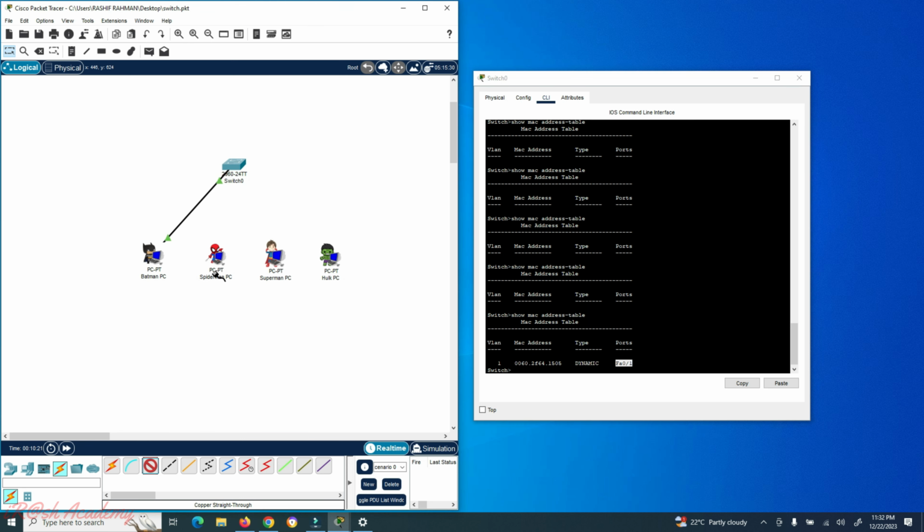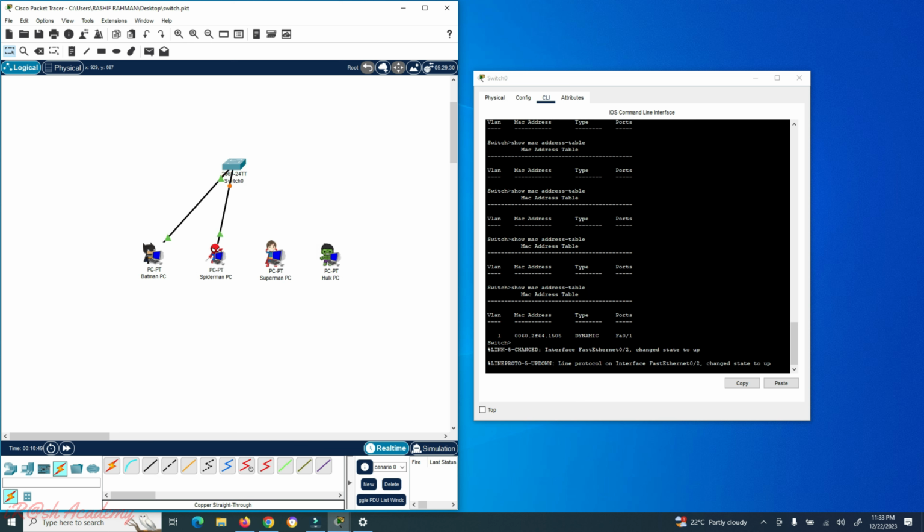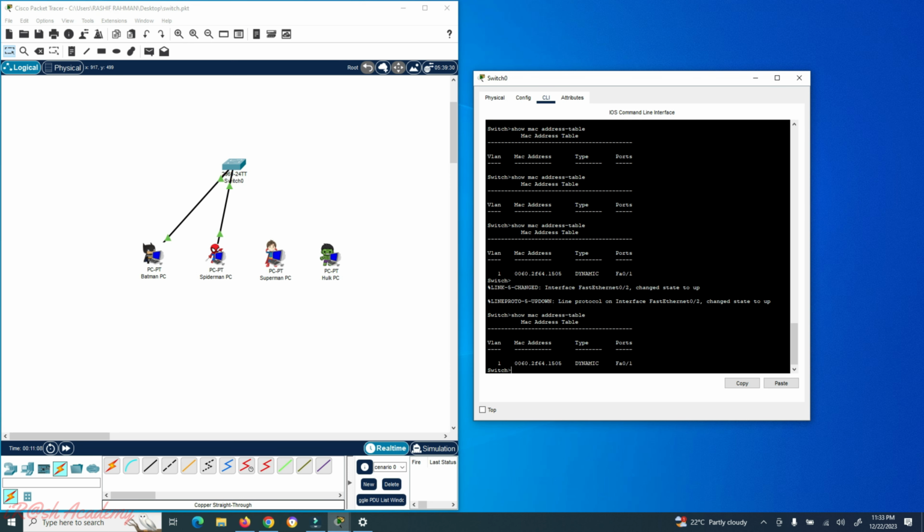For that, let me go to the connection tab, then connect the Spider-Man PC Ethernet port to switch port number 2. Then wait to complete the connectivity between the computer and the switch. Okay, now the connection is established. Let's go to the same command again. Here we can still see the first entry only, because the second entry, this Spider-Man PC, didn't start any